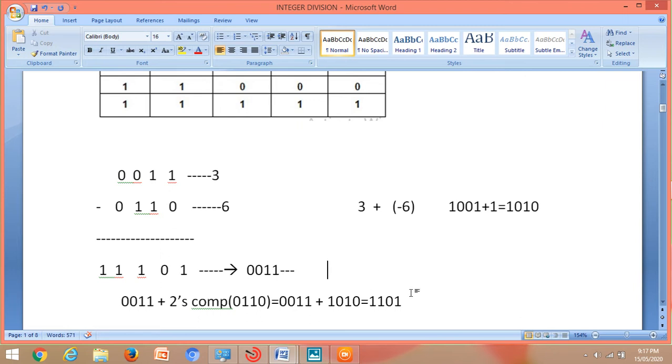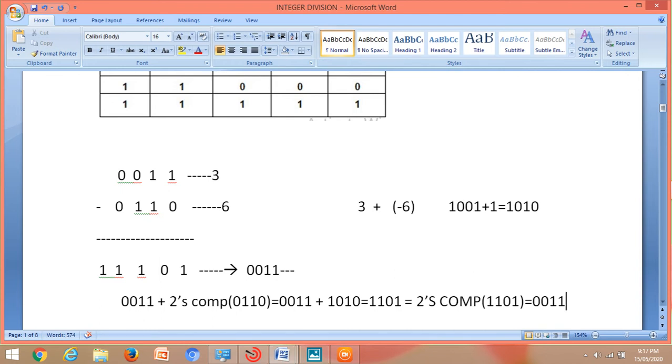Is it clear? Okay, so same thing over here also. So I have not added the step. Again you have to take 2's complement because the MSB over here is 1 and MSB 1 means that the number is a negative number. So taking the 2's complement of 1, 1, 0, 1 will give me 0, 0, 1, 1 and this is nothing but 6. So there are two ways to do the subtraction.